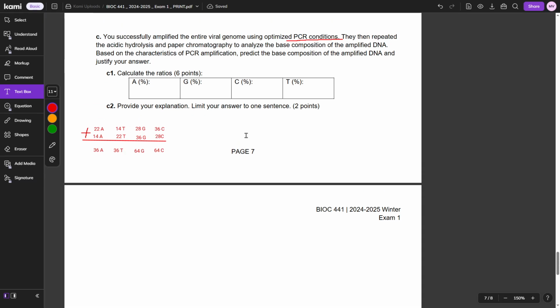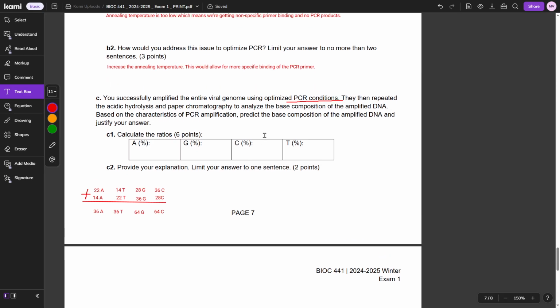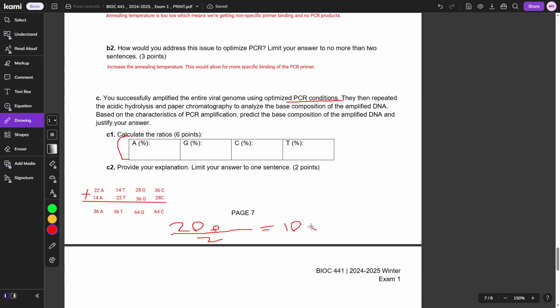So, now all I have to do is do a little bit of math. And I don't remember if you guys get a calculator. I don't think you get a calculator on the exam, unfortunately. But right now, the only issue is that the answers here are asking for percentages, right? And right now, if I add all these together, that's 200. So the easy thing to do is to just divide this by 2 to make it 100. And so if I'm dividing this by 2, I just have to divide all of these by 2 to get